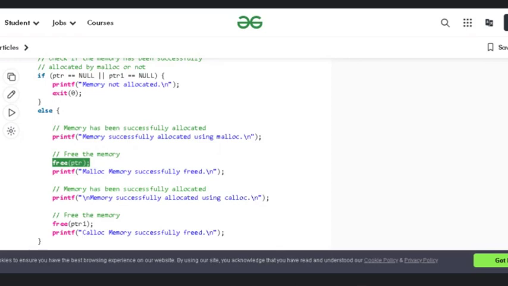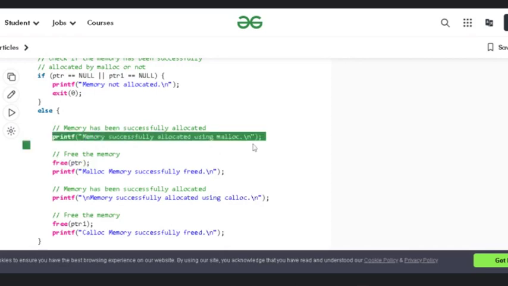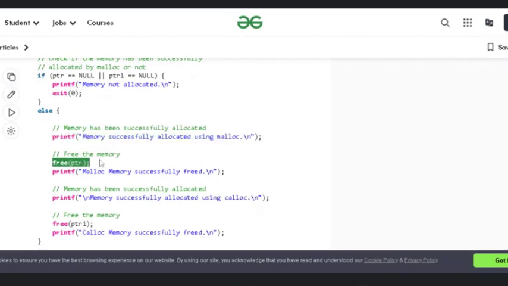We have just allocated memory for the array elements, and if allocation is successful, then this statement will get executed. So for now we can suppose that successful allocation of memory has taken place, and this sentence will be printed on the output screen. Now we are freeing that memory, we are deallocating that memory, right? So free(ptr), printf malloc memory successfully freed.